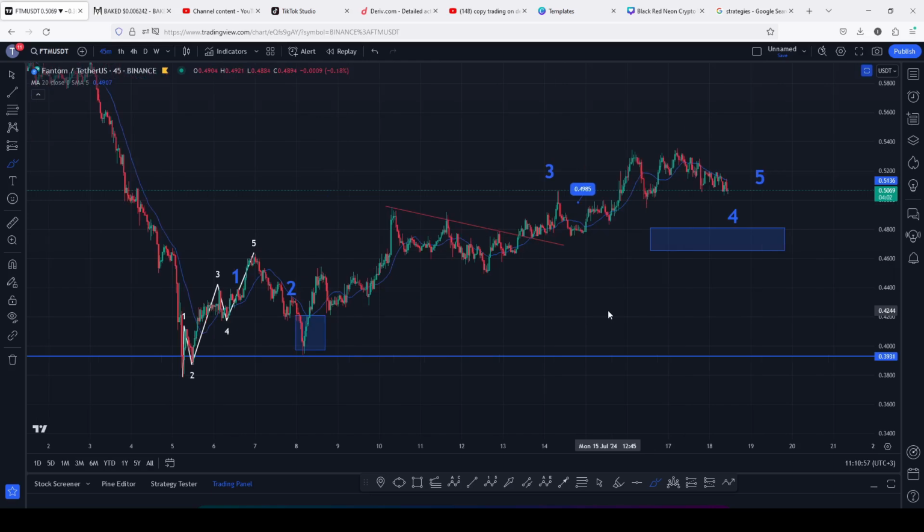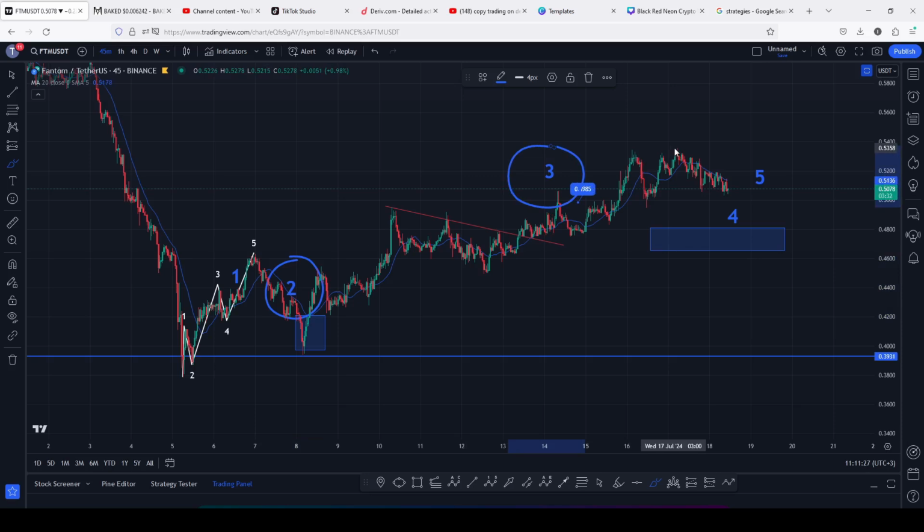Starting the video by first giving you a recap of this Elliot wave structure, which started to play out on the 5th of July when we saw that massive breakdown move, and afterwards we saw a very nice bounce to the upside, completing the formation of this Elliot wave count 1. And after we peaked in that Elliot wave count 1, we saw a corrective structure in an Elliot wave count 2 before we started this impulsive move to the upside in this Elliot wave count 3,